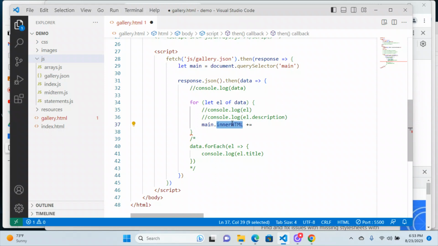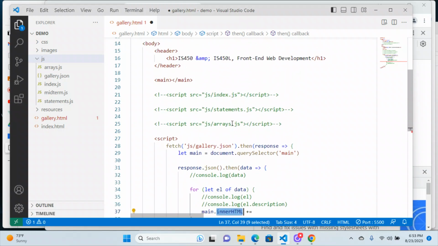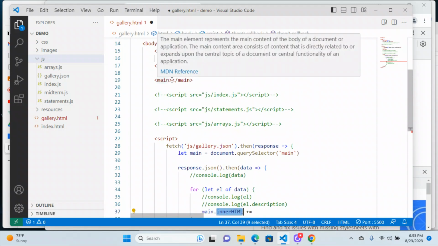So you may do all kinds of work adding events to certain elements, and then you just, without thinking about it, change the inner HTML of the element, and then all of a sudden all of your events are gone, and you don't even know it. So for that reason, you'll see a lot of developers out there just say, never use inner HTML, and I would generally agree with them, except in this case where there's literally nothing in there,